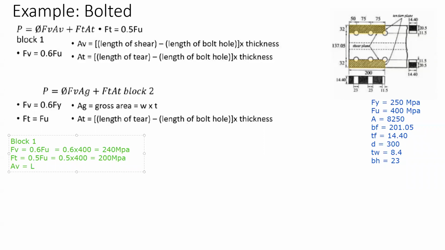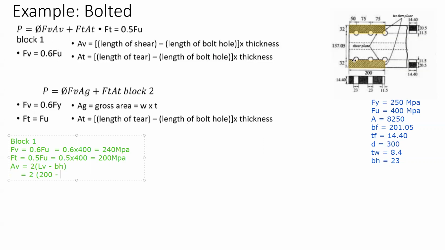So length of shear minus bolt hole diameter. And then dahil meron tayong dalawa sa taas at sa baba, we multiply this by 2. So this would be equal to 2 times the length. Total length is 200